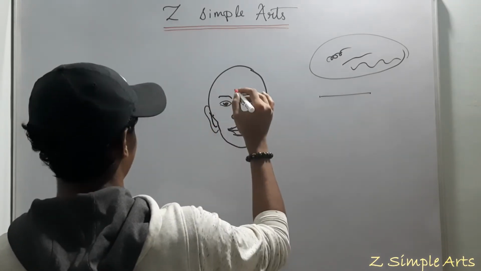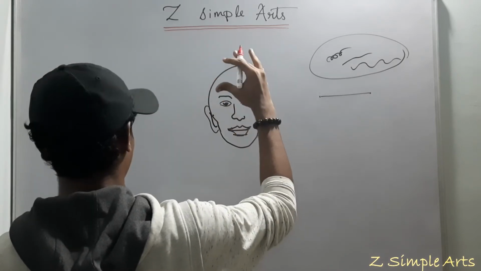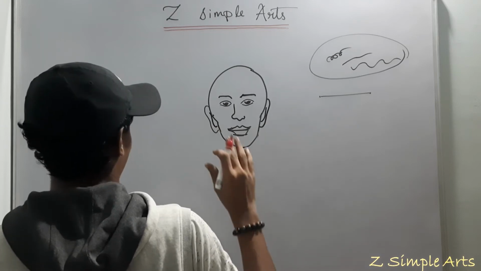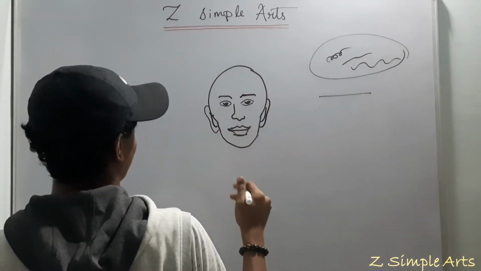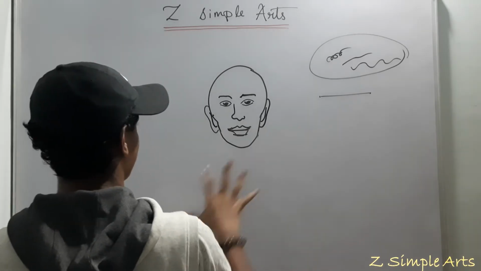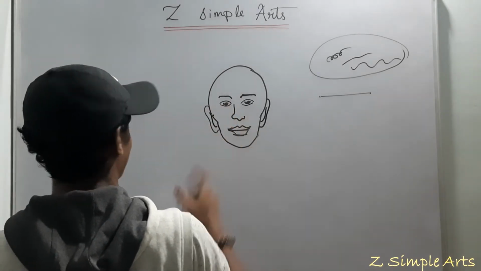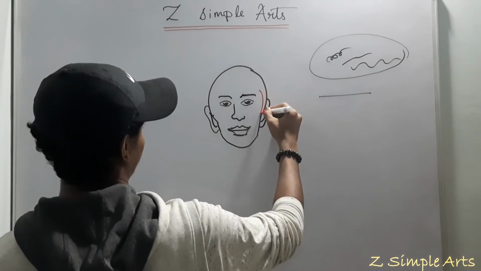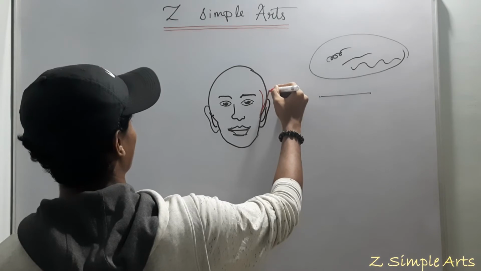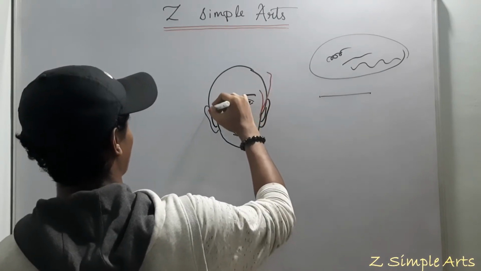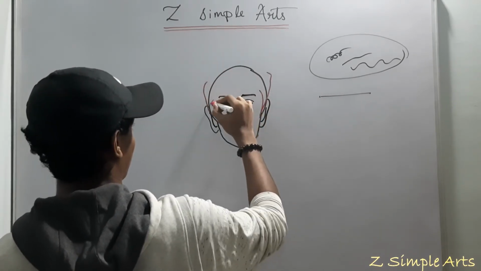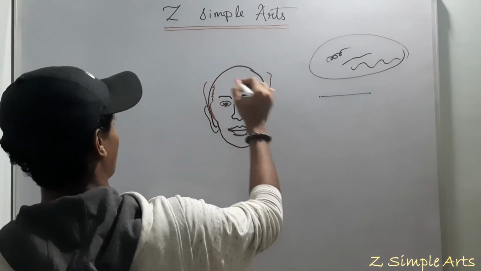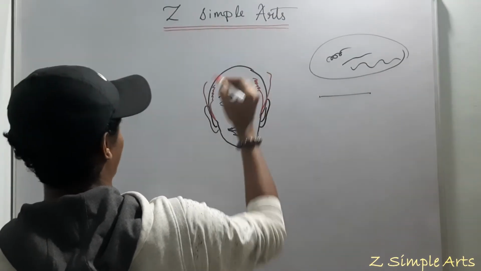There are certain regions where the hair looks fluffy, and there are certain regions where the hair doesn't look fluffy. It will be shortened most of the time, since I am doing it on a male subject. It will be simple. Start with a basic outline. All I am trying to do here is put an outline to the hair.